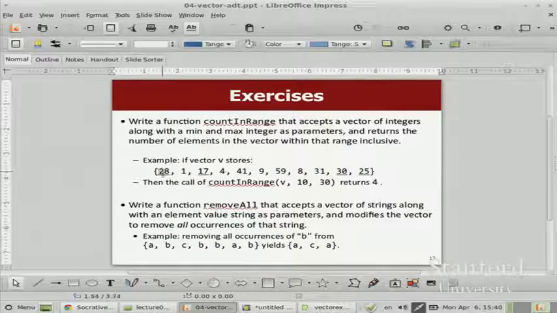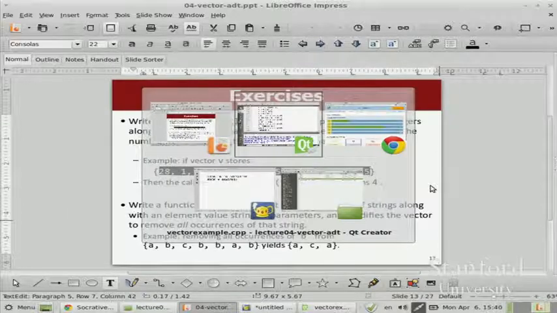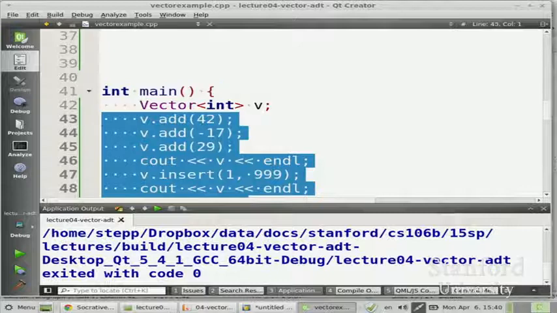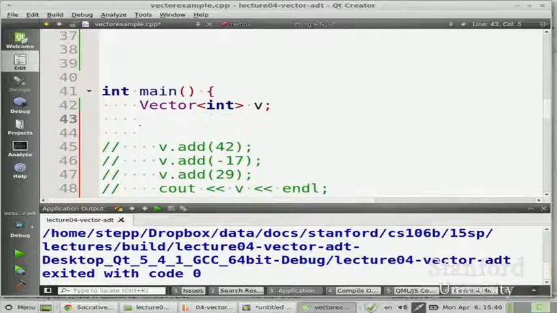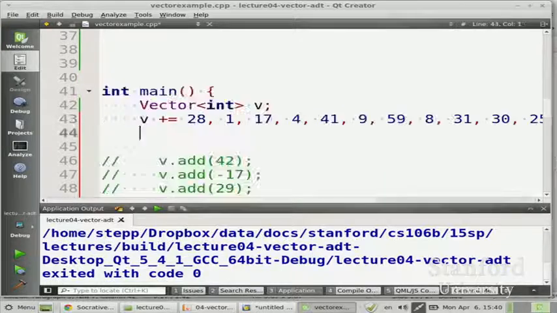So if we want to do that, let me show you something cool you can do with a vector in main here. Maybe what I'll do, if you don't mind, is comment out most of this code that we wrote earlier. You can say v plus equals and then put lots of values separated by commas, and it will add all of them. That's kind of sexy, isn't it? And so now